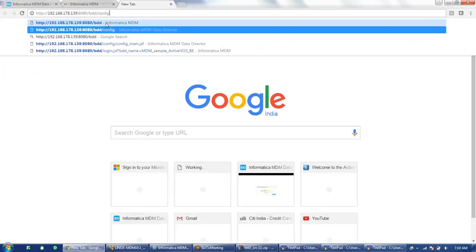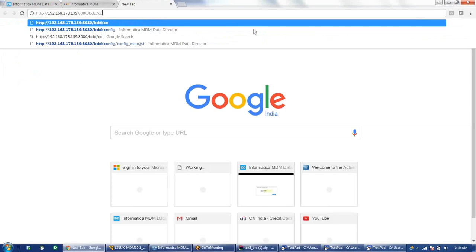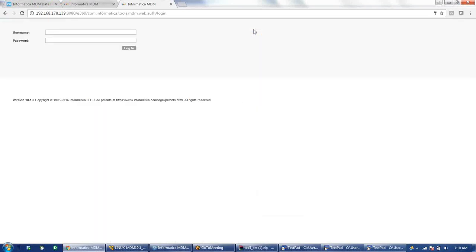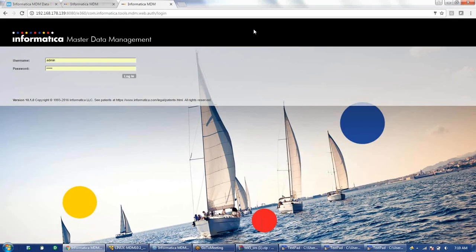For the configuration screen we have given /bdd/config. To log into the application screen we just give bdd here. So these are the two URLs: one is /bdd, one is /bdd/config. If you just give bdd, it will take you to the application screen.